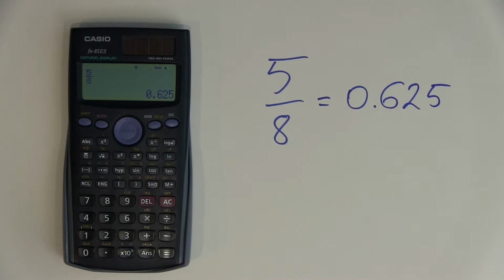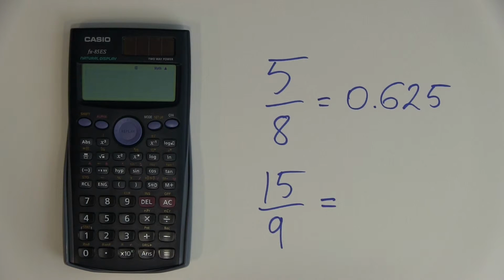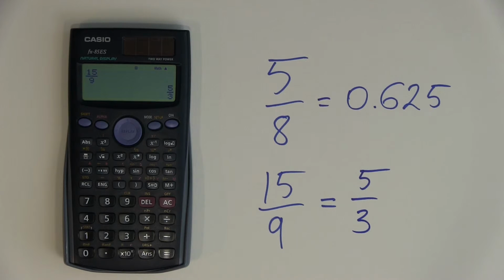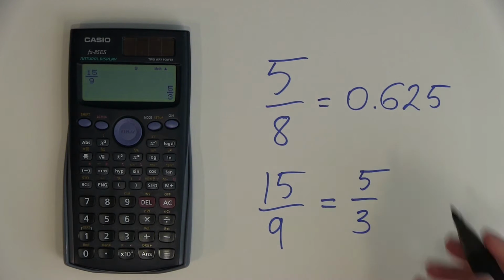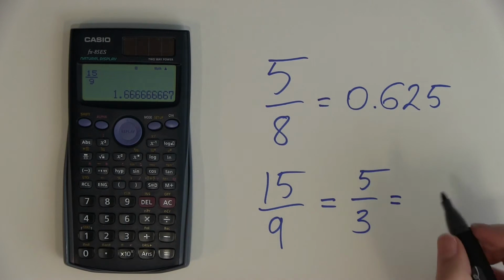Let's see if we wanted to do a different fraction. Let's say I wanted to do 15/9. So press the fraction button, put 15 into the top, come down and put 9 at the bottom. Equal. What happened now? You can see that this is equal to 5/3. So the calculator automatically calculates the lowest fraction, the simplest form of the fraction. And again, if I wanted to know the decimal equivalent, I just press the SD button. And it's